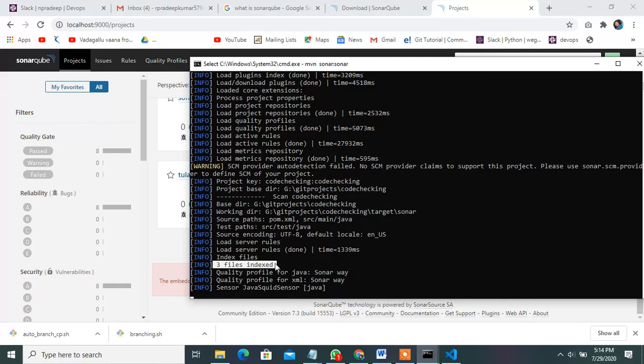Then the Java code is checked, and more time will be taken.